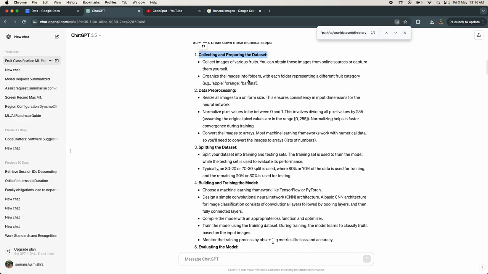Organize the images into folders, each folder representing a different fruit category. So this is apple. If each folder will have a different fruit category,